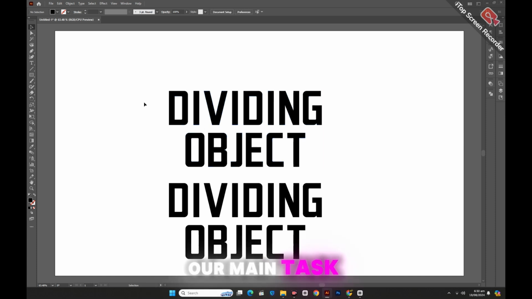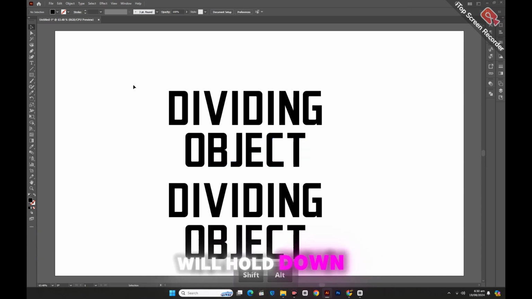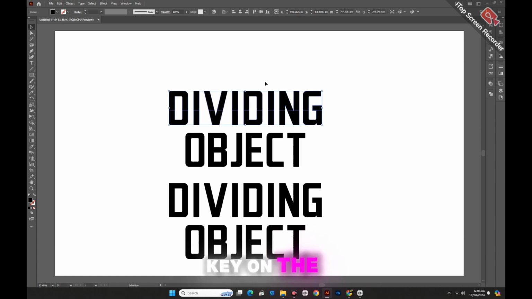Let's start with our main task for which we have created this tutorial. Select the above word with the help of Selection tool. And with the help of Knife tool we'll cut it in the middle. Similarly, we will do the same process with the word below. And we'll group them separately. Here again, we will hold down the Shift key and the Alt key on the keyboard so that the knife